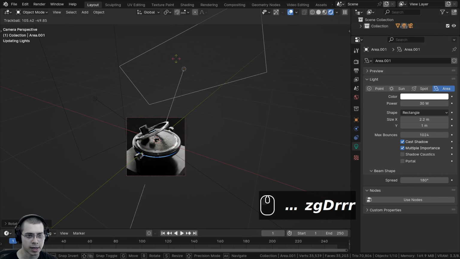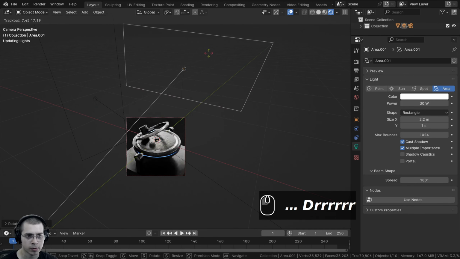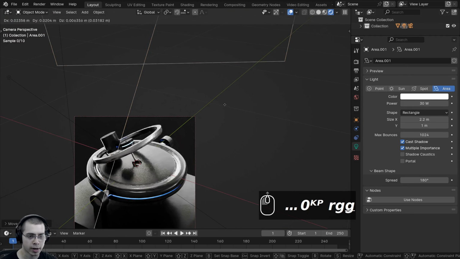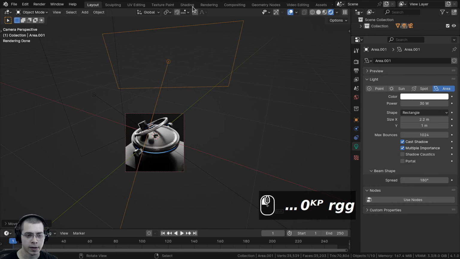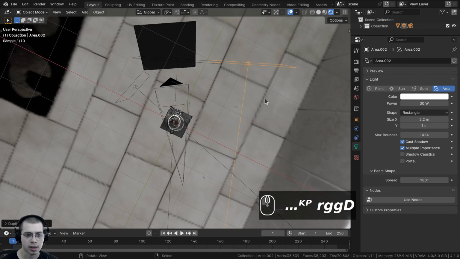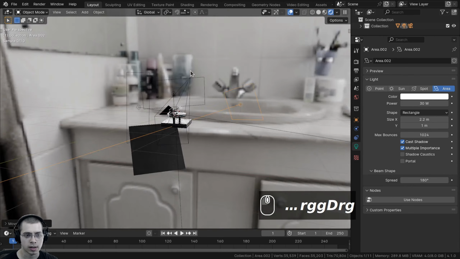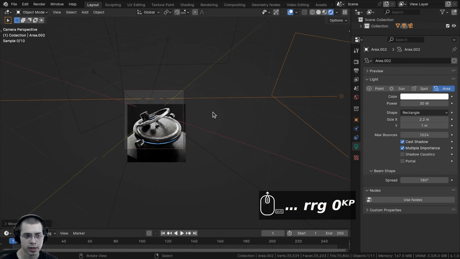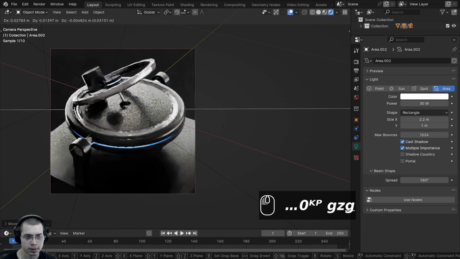Then I'll press Shift D to duplicate it, and I can rotate it over. You can also double tap the R key to enable the trackball rotation. And I just want to kind of rotate it right about there so that there's another bright light kind of lighting up the object. And then I'll press Shift D to duplicate, and I can rotate this light over here, and we're going to rotate it sideways. So we're just going to have a third light kind of over here to add some nice lighting and reflections on this spot.